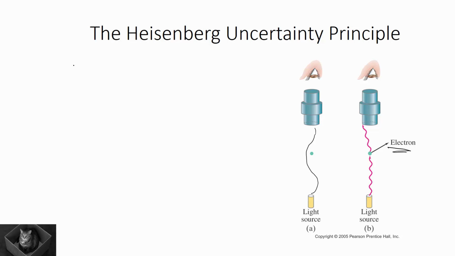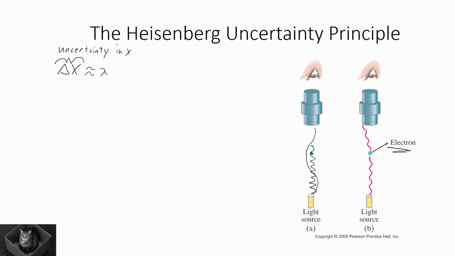And we use kind of a funny notation. We use delta x, where it's kind of related to change in, but this is interpreted as the uncertainty in the position of the electron, or whatever we're trying to measure. This principle applies to all things, not just electrons. So uncertainty in x is going to be on the order of magnitude of the wavelength of the light that we're using to observe it.